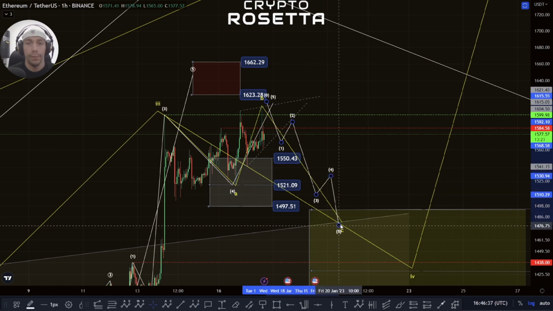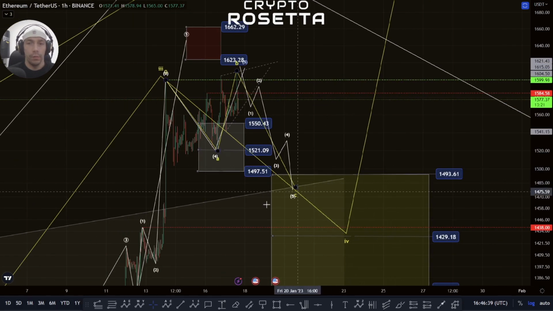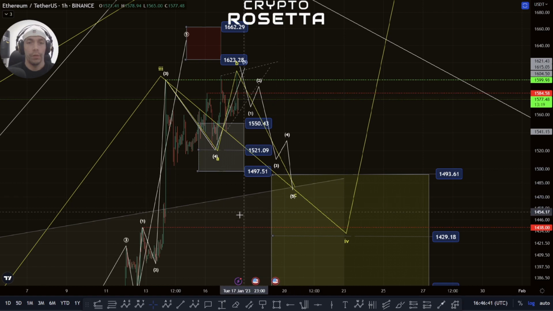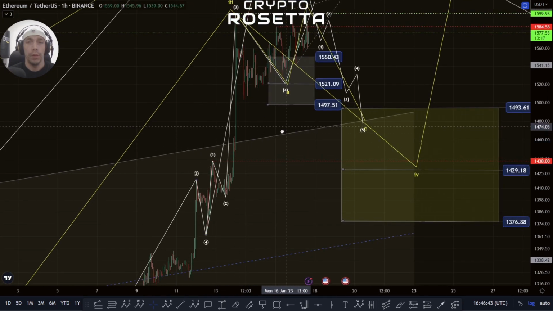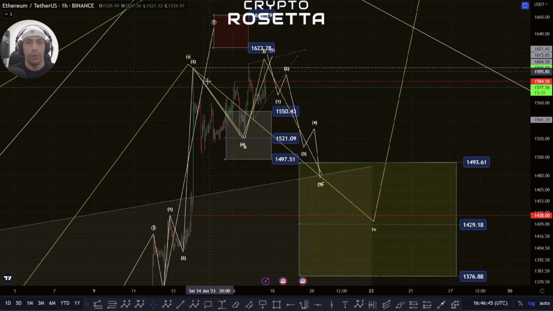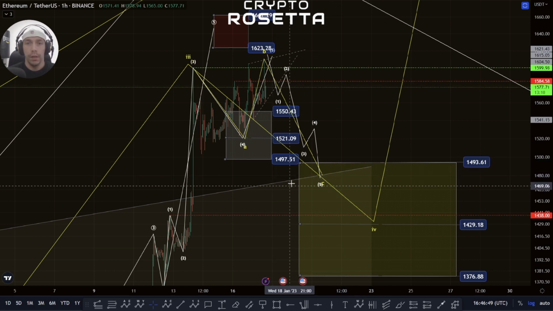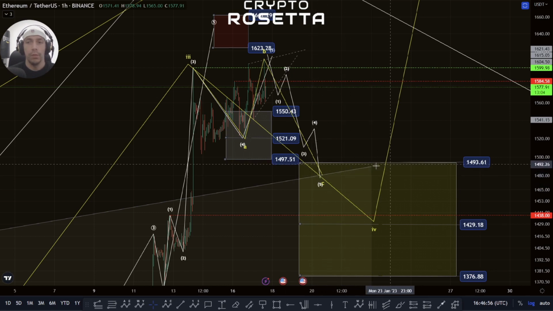And an interesting zone for this would obviously be the top of this previous channel that we were in. We haven't actually come back down to it, so if we did move back down, this could be an interesting zone. Currently, it depends how long it takes to actually play out, but sort of in this 1478 zone would be an area I'd be looking to target. So this 14